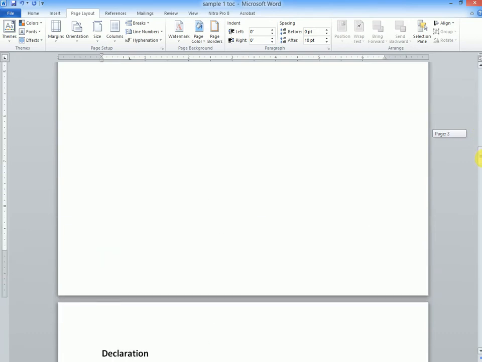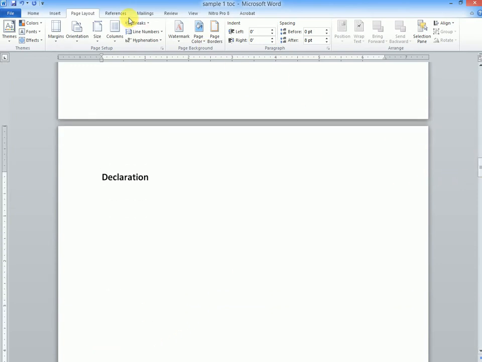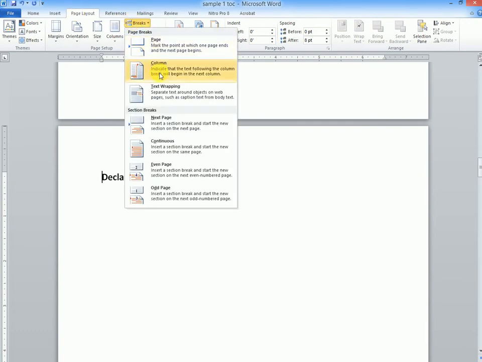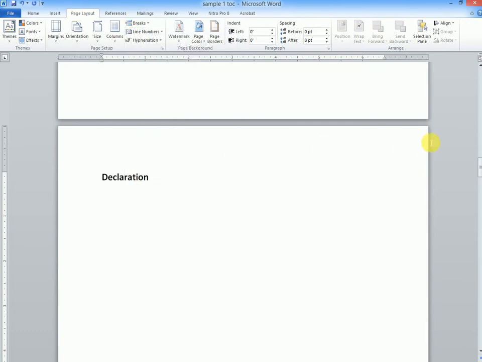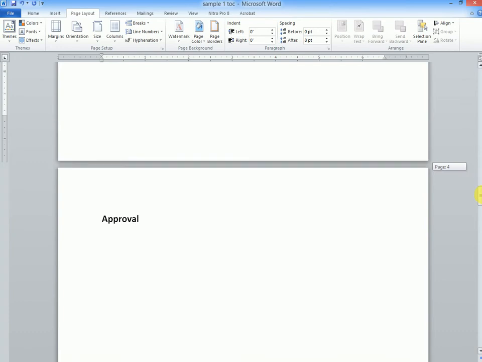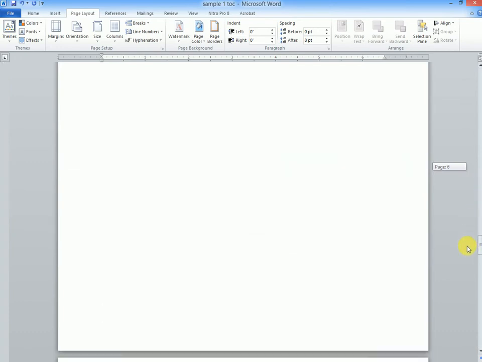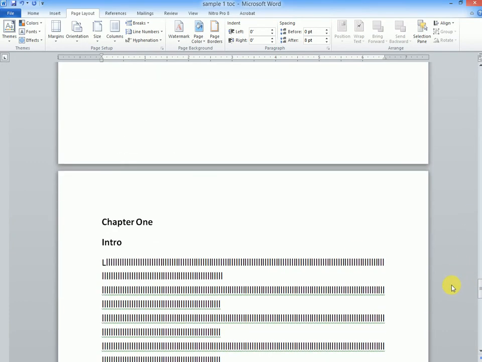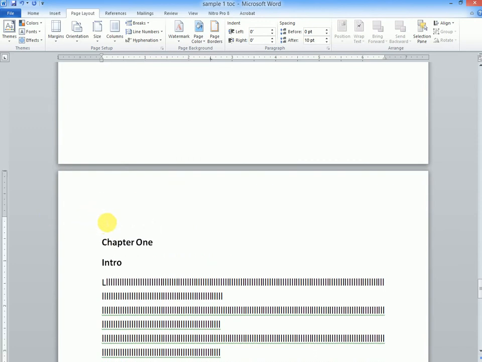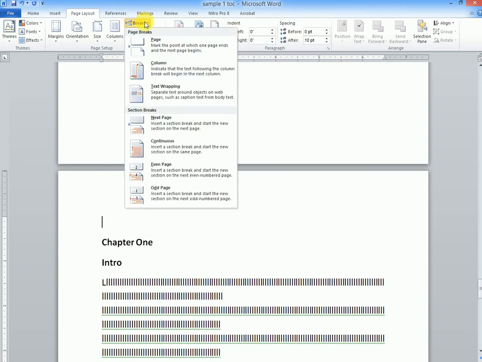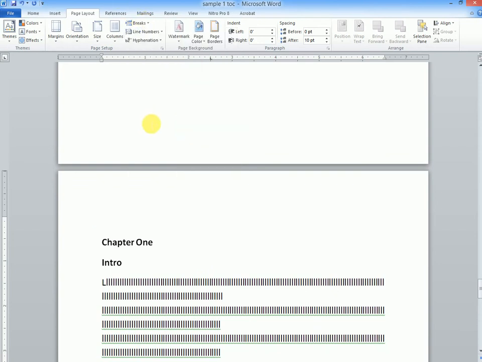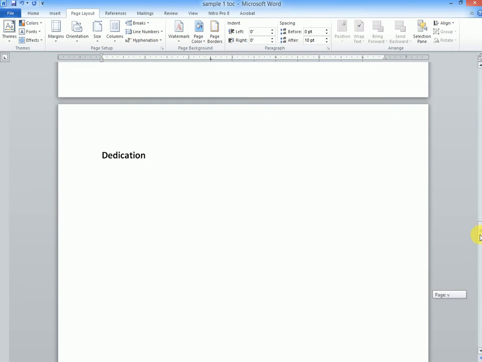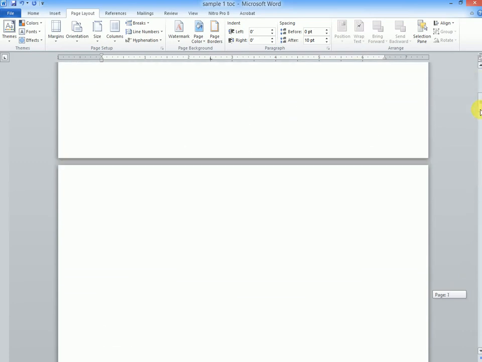So I'll also come to this declaration, the preliminary pages. I go back to page layout, breaks, next page break. I'll come to the chapters and click up here. I still say next page break. Right. So now that that is done,